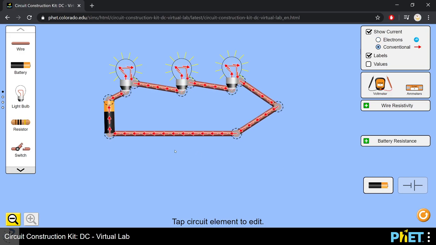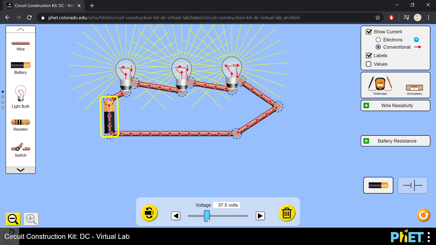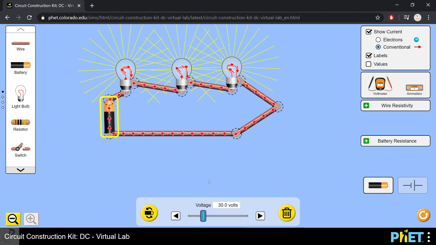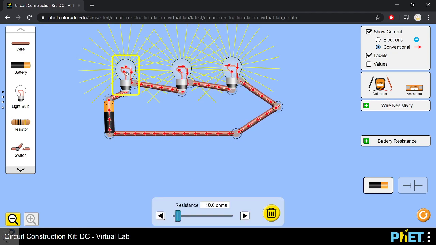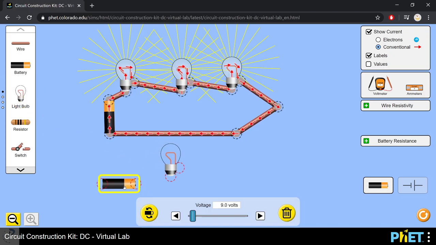All right. So here's our circuit. Let's change the voltage a little. We'll use 30 volts like we did in the lab. Of course these light bulbs have the same resistance, 10, 10, 10, and so their brightness is all the same, right? Now if I compare this to having just one light bulb with a 30 volt battery,